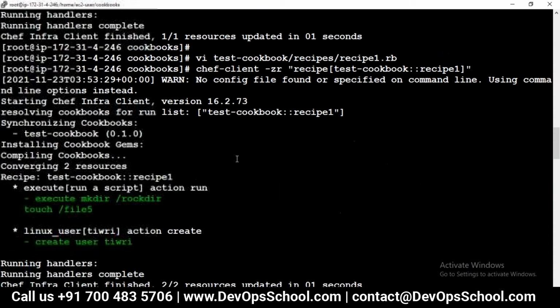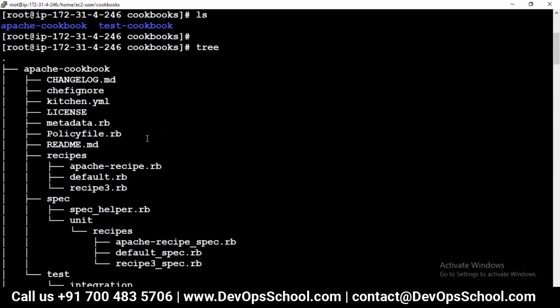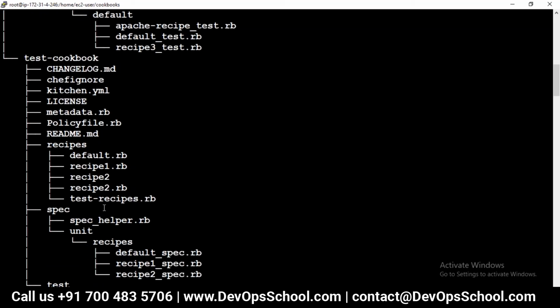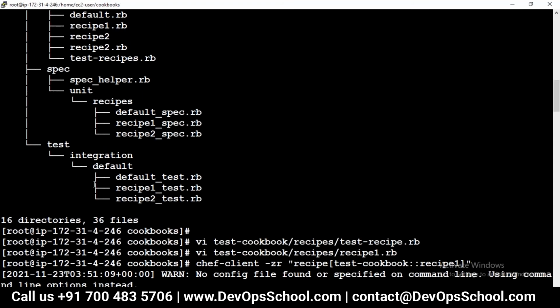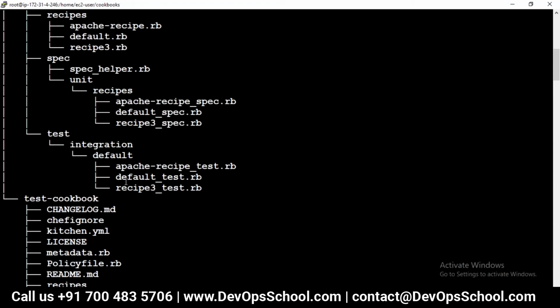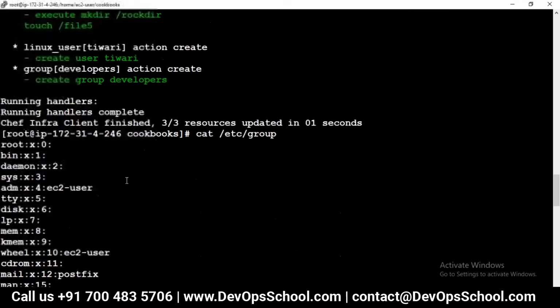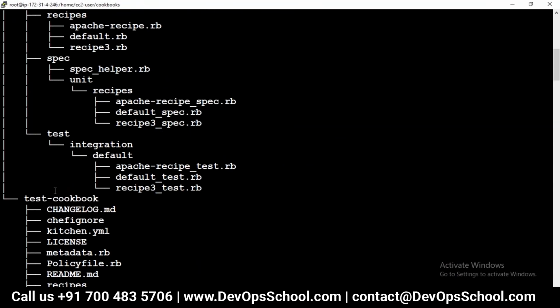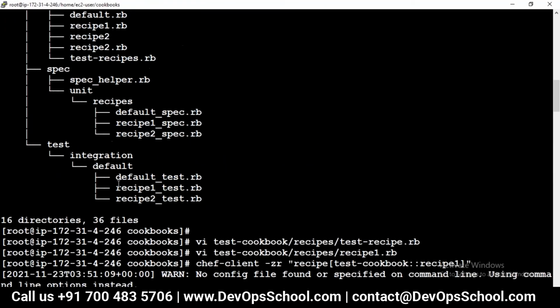Here is recipe 3, this is the default recipe, and here are recipe 1 and recipe 2. In the test cookbook there are two recipes, so we will use the test cookbook, recipe 1 and recipe 2.